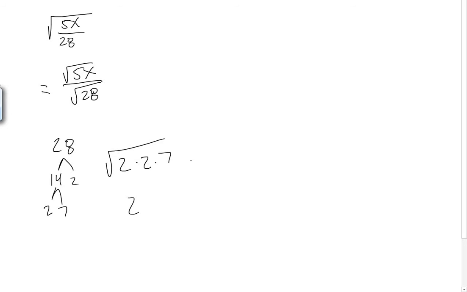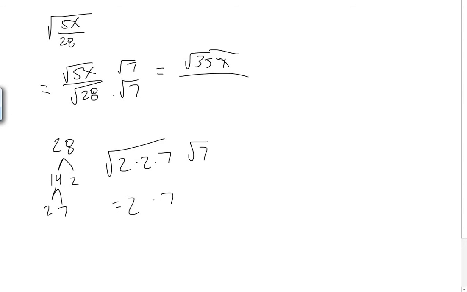But if I multiply by one more square root of 7, now I have the square root of 7 times the square root of 7, which just gives me one more 7, again, outside of the radical. So the truth is, if I just multiply by the square root of 7 over the square root of 7, I get the square root of 35x